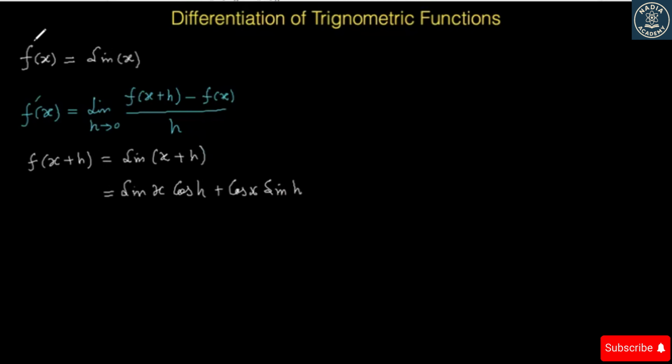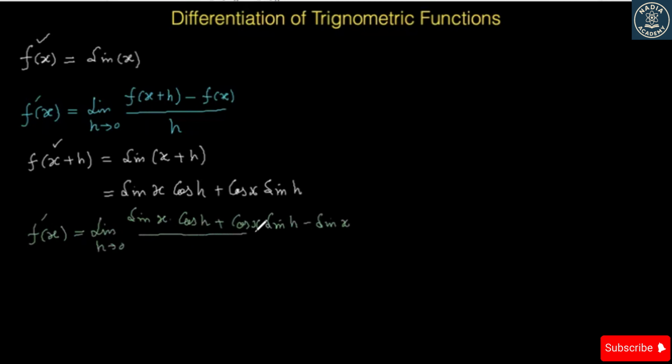So now we put f of x and f of x plus h in the definition, and our answer will be the following: f prime of x, its derivative, will be equal to the limit of h approaches to 0 of sin x times cos h plus cos x times sin h minus sin x,